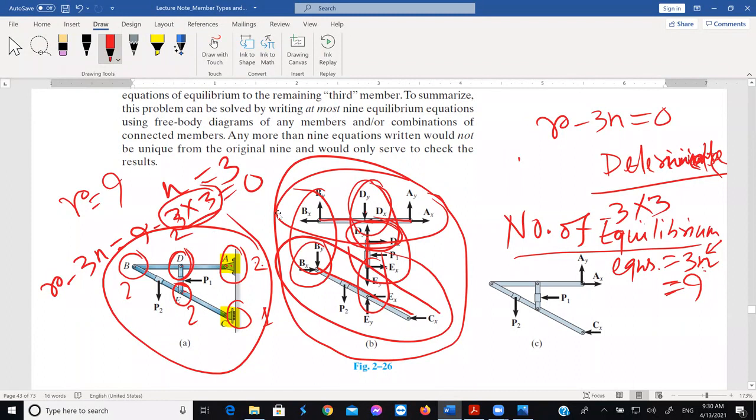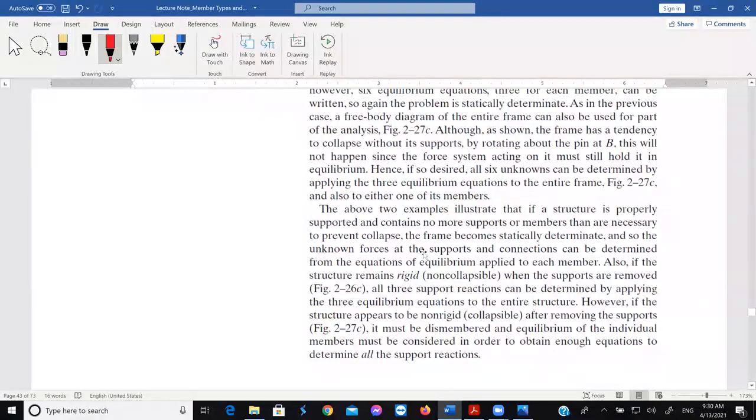To emphasize once again, you can apply the equilibrium equations for the whole structure. At the same time, you can apply the equilibrium equations for its components as well. And that's how you can determine all the reaction components. Once the reaction components are known, then you can determine the internal effects of these reactions and external forces in the member. And we will learn that in the next classes, how to determine the internal effects of external forces.